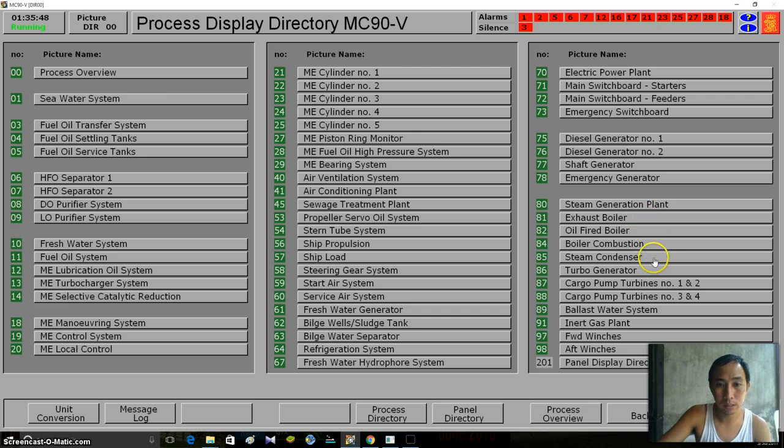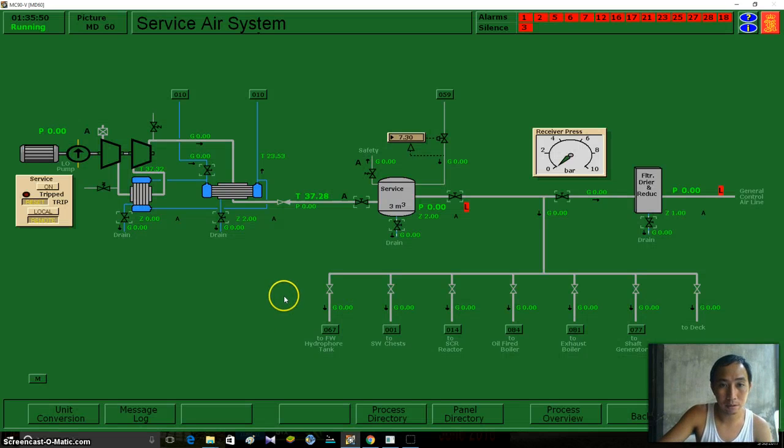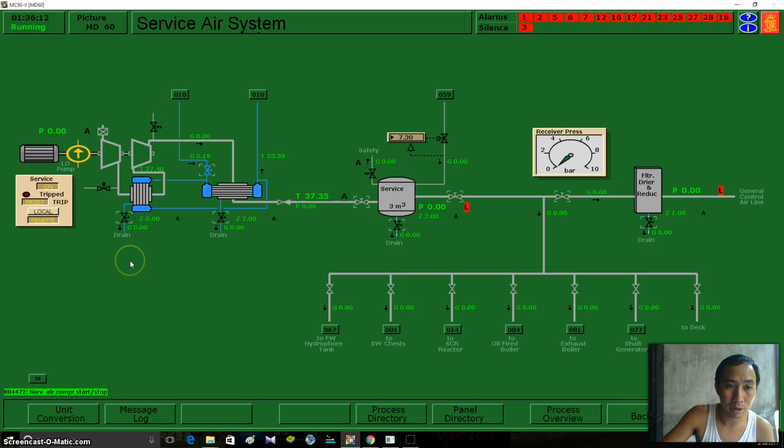Home. We have our service air system. Open the cooler. Okay. Open the necessary valves. So we have our supply. This one, and we're going to start our service air compressor.